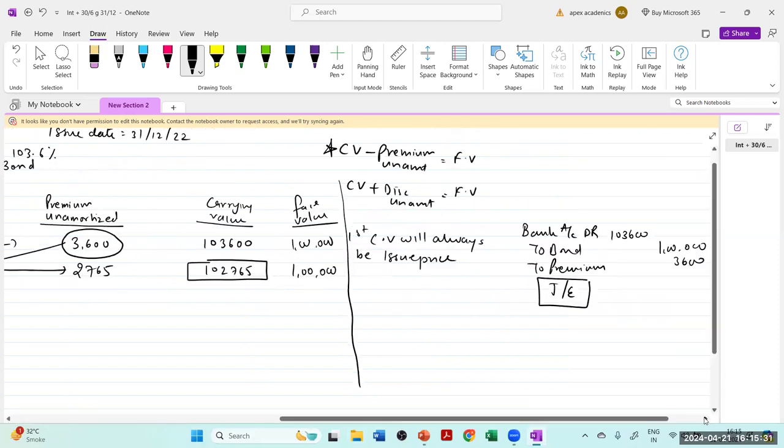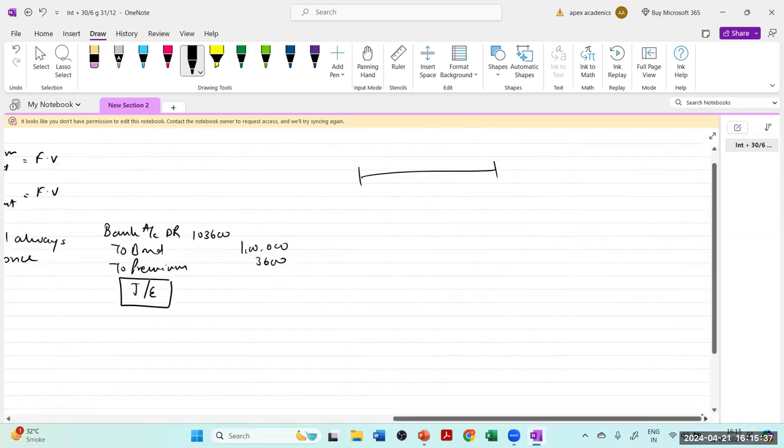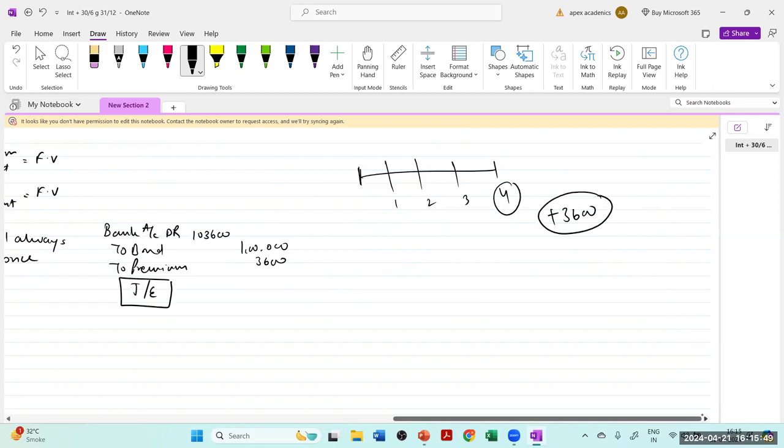The tenure of the bond is 2 years. Agreed or disagreed? But it is 4 periods because interest is paid 2 times a year. So for 4 periods, your total profit is 3,600. This profit cannot be recognized on the very first period itself because it has to be apportioned over the life of the bond. Amortization is that aspect of the profit that is allocated to that particular cycle of interest,